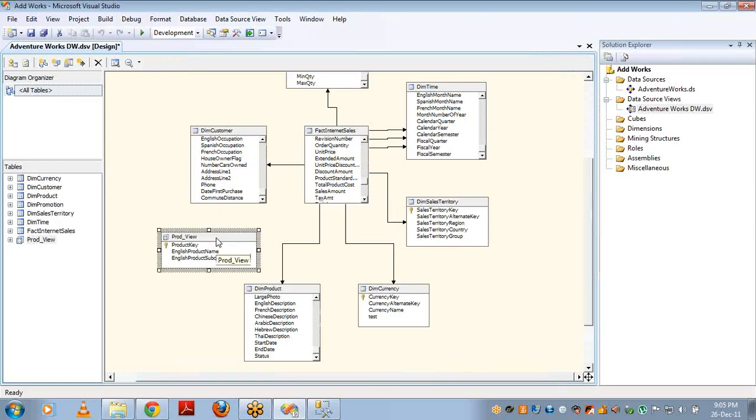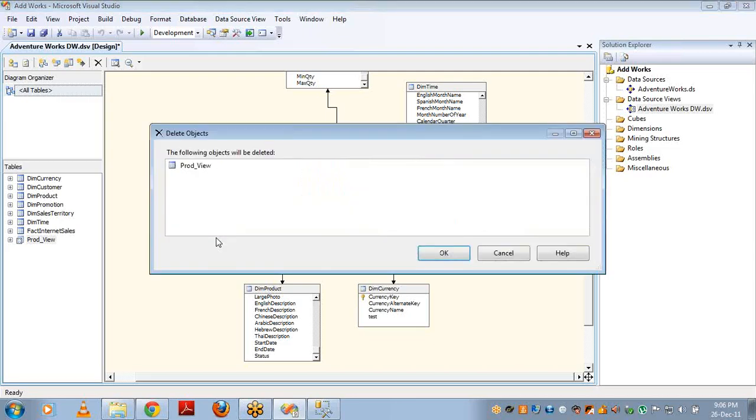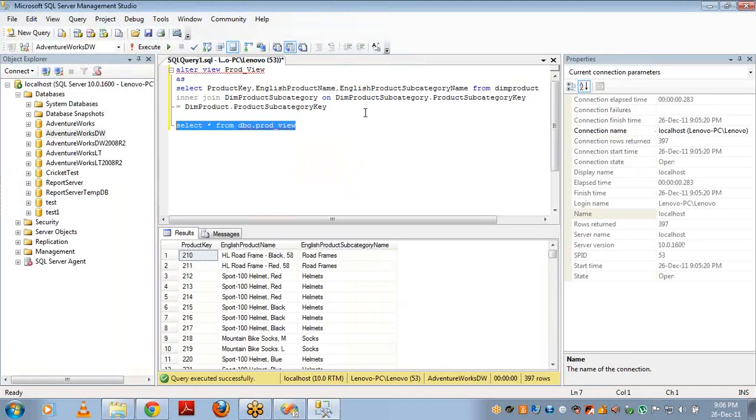Okay. What if I don't have access to SQL Server? Most of the clients won't give alter access. They will give only read access. You can read the data from the SQL Server data warehouse, but they won't give you permissions to create a new view or alter the data or update the records, for security reasons. In that case, if you want the same functionality